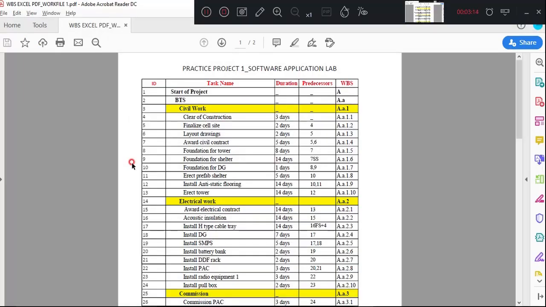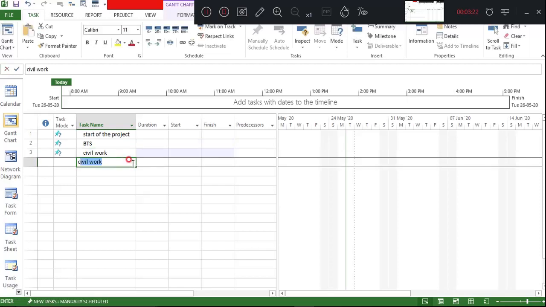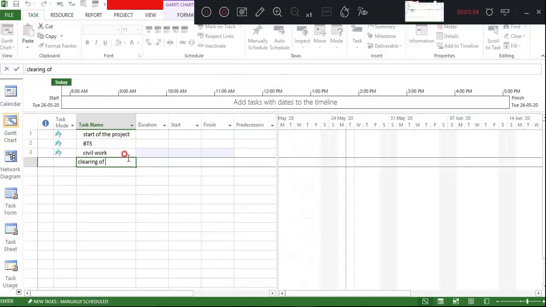Then we have civil work, clearing of a construction. Like this, go on filling the other activities.